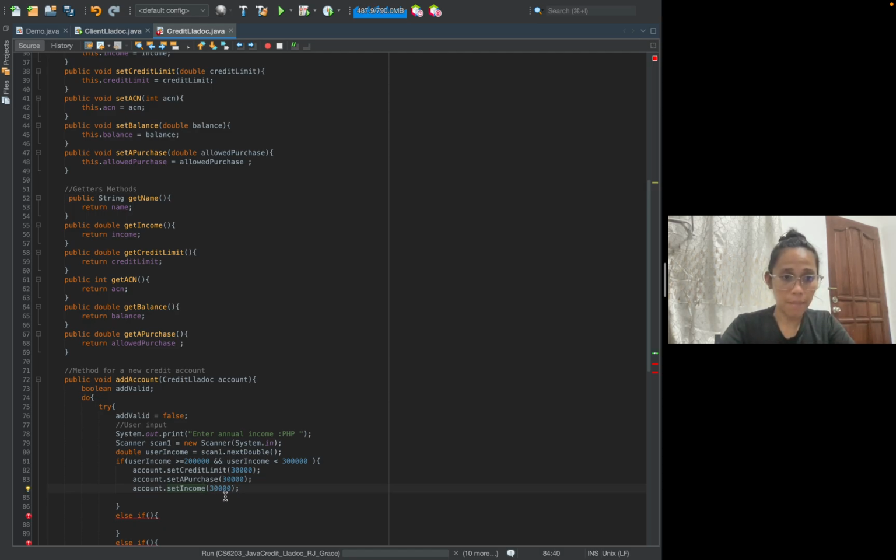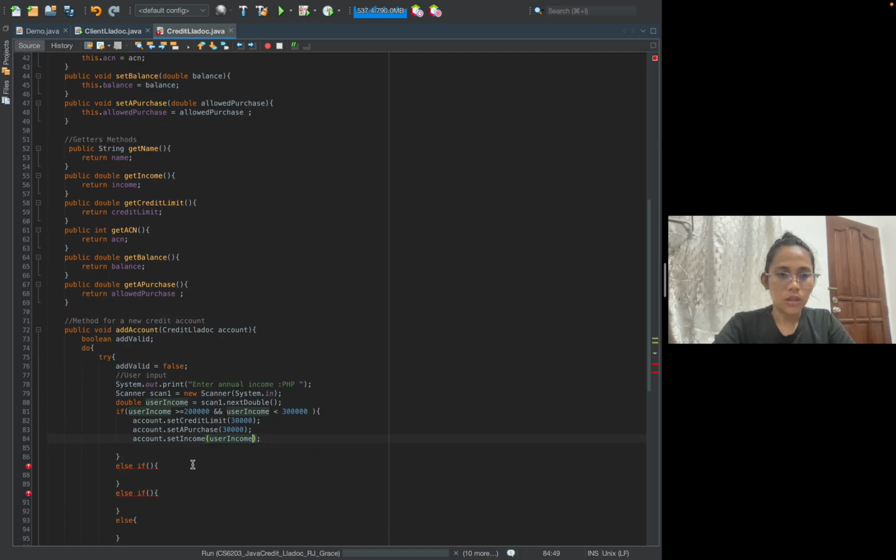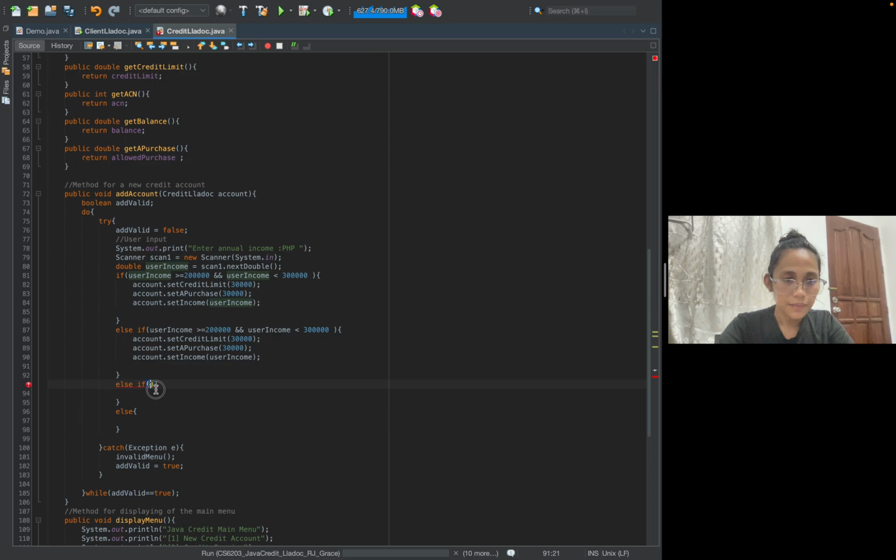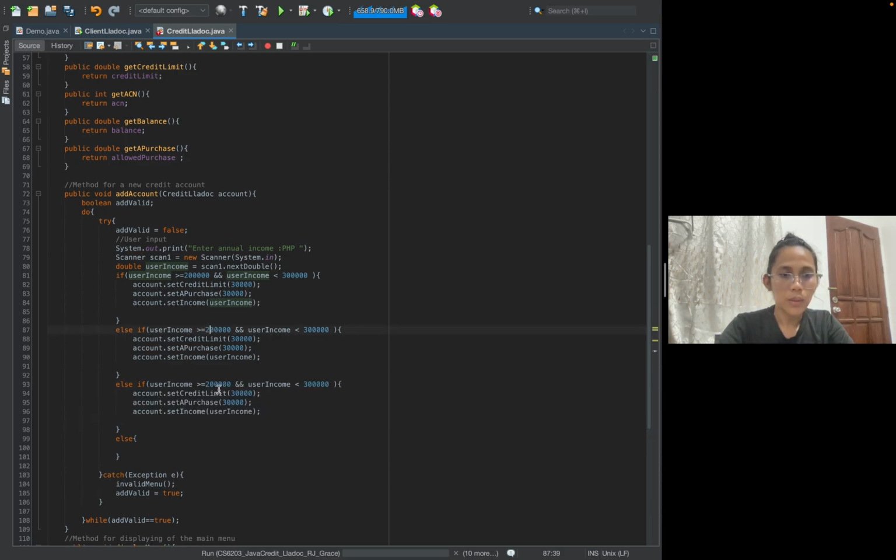Let's set the income for that person into whatever it is that he or she will put. So let's just copy paste from here to here and update. Okay, this one will be 300 to 500, and then this will be 500 only. Okay, let's remove unnecessary white spaces. This one will be 50, 50, this one will be 100,